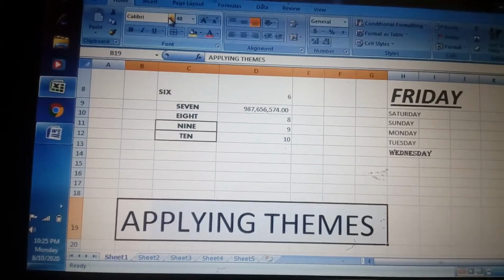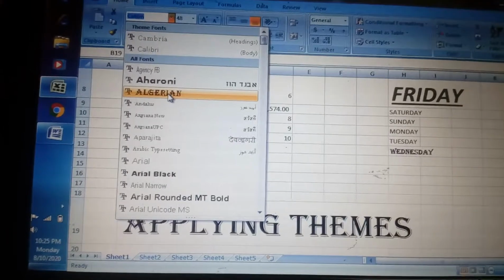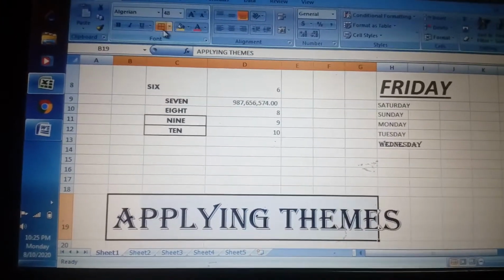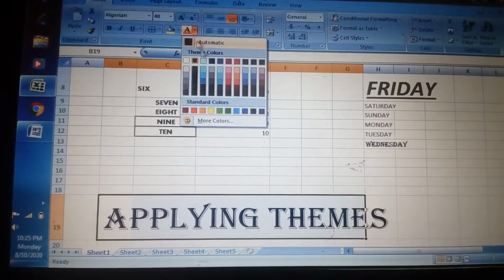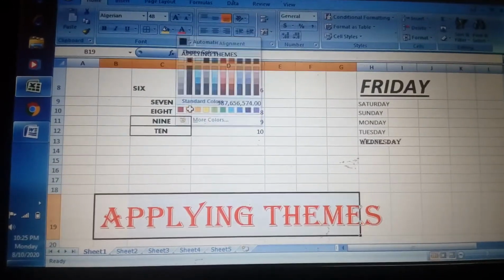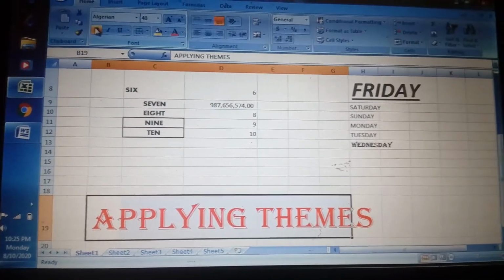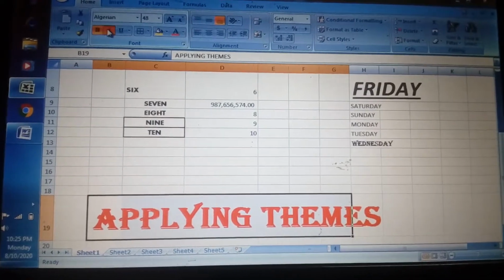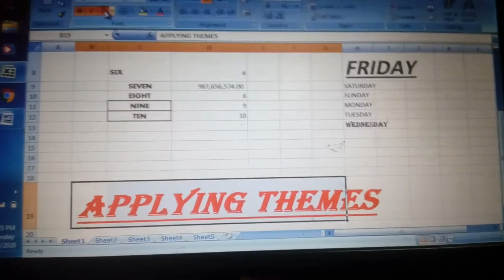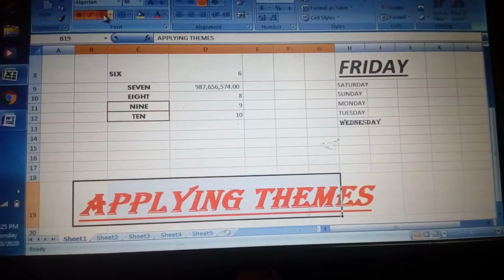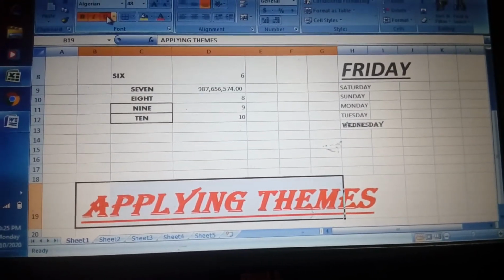Come to the font style, come to the color option, see the color option, come to bold, italics, underline. These all we did in the last video. Now we are going to apply themes.